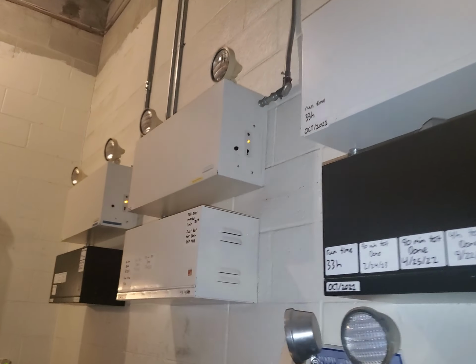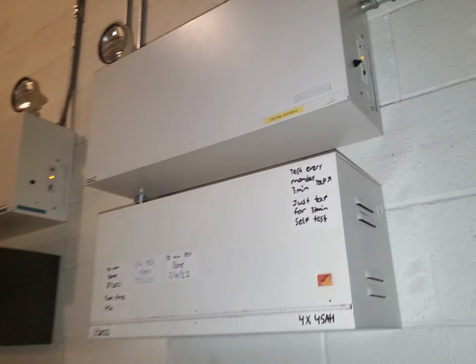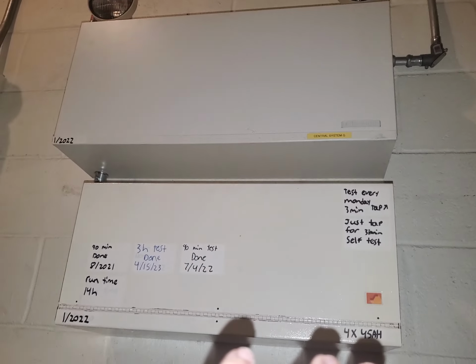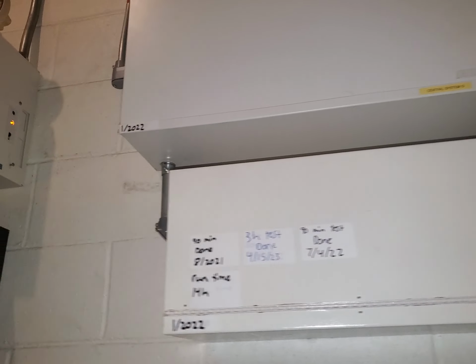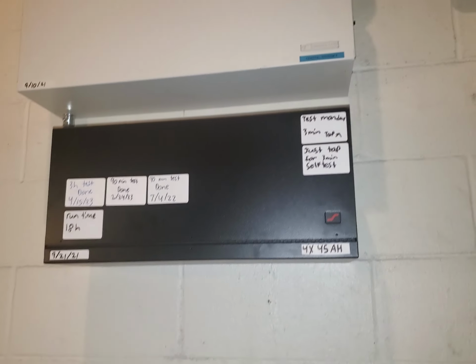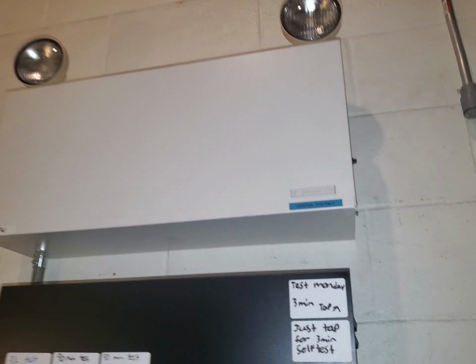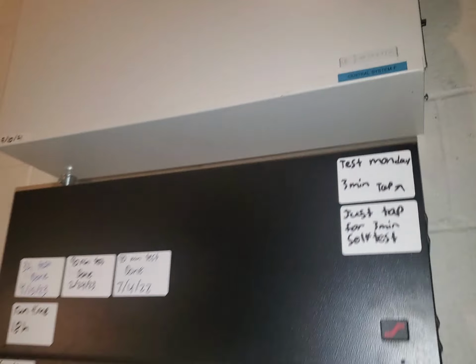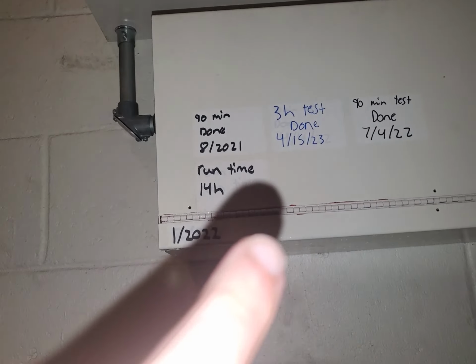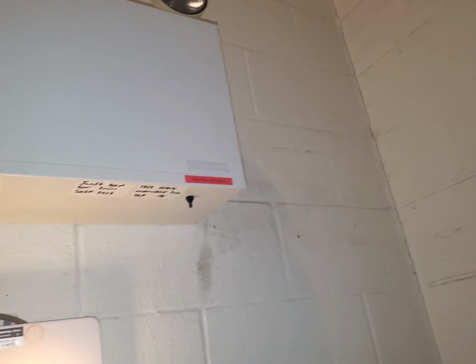And then these are our other central cabinets, as you know, Central System G. Central System F. The runtime is listed right there, 18 hours. Central System G, 14 hours. Central System C,